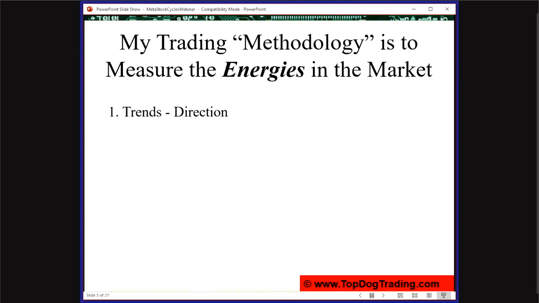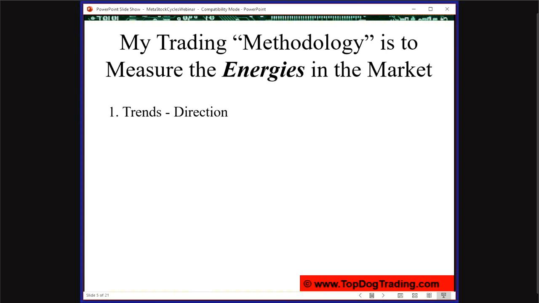So we look at 5 uncorrelated energies of money flow. What we're looking at here is just the raw action of the market participants, as determined by following the money. Where is the money? It's not about theory. We're literally following the money, the big money, the dominant money. And when there is no imbalance of supply and demand, we don't trade. We keep our powder dry, or we go look to another market where there is a raging bull market or raging bear market.